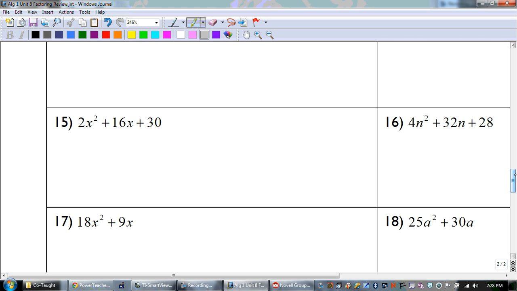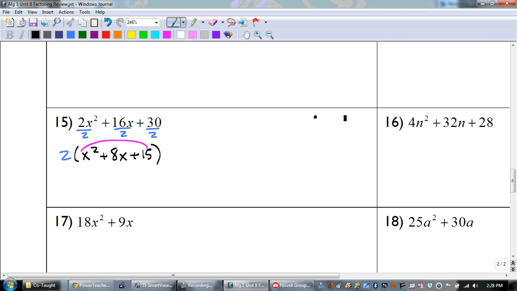Number 15. What's the first thing we check for? Yeah, check for GCF. Well, good, they're all even, so that means I can take out a 2. The 2 comes out front, and I'm left with x squared plus 8x plus 15. Always check to see if you can go further. All right,